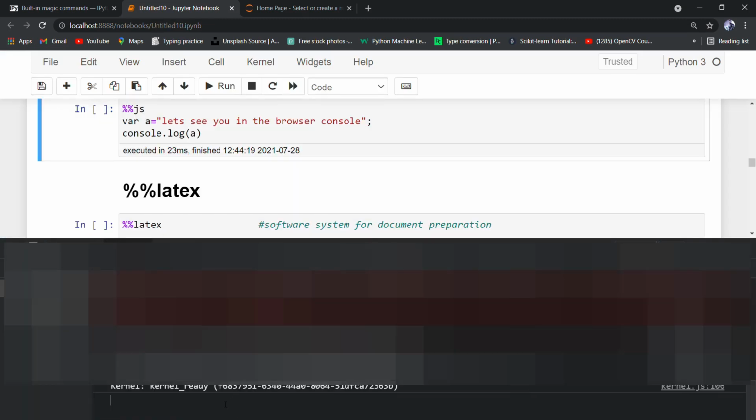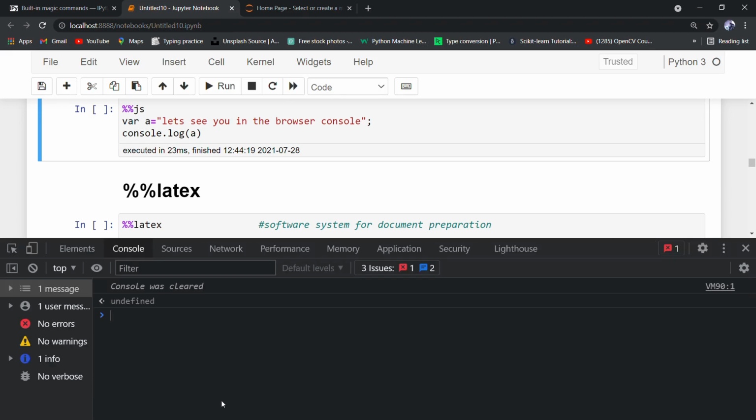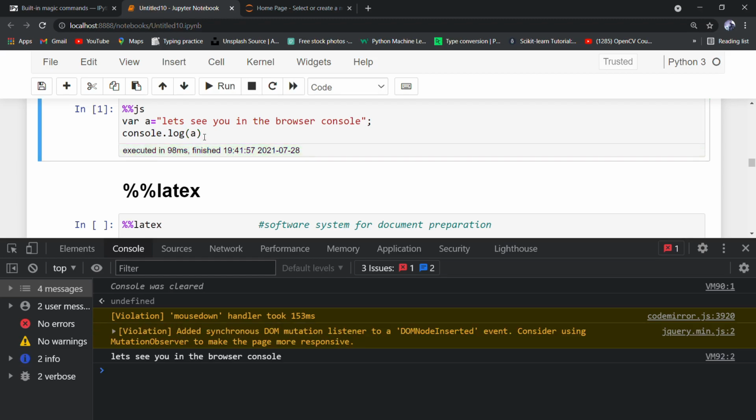So let's clear the console. So in the cell I am creating a variable a which stores a string and then it shows the string in the console. So let's run this. So here we can see the string in the browser console. So let's close it.